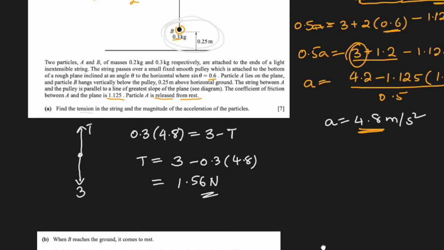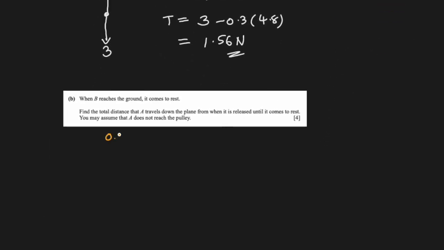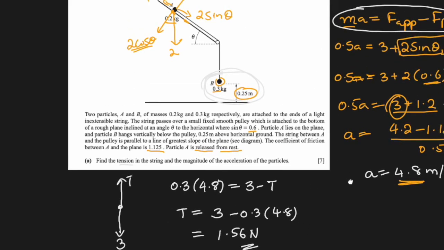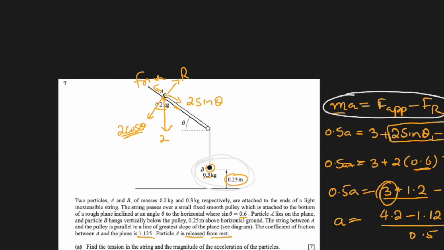All right. So first, when 0.3 kg comes to the ground, they have already traveled 0.25 meters. We have to find the remaining distance that it travels on its own. So let's go to this space, and we can see that now this is the only body that is traveling, which is 0.2. The acceleration will be different now. It will not be same as earlier, and it will be equal to the applied force, which is 2 sine theta downwards